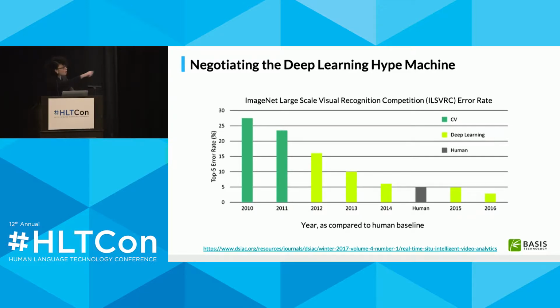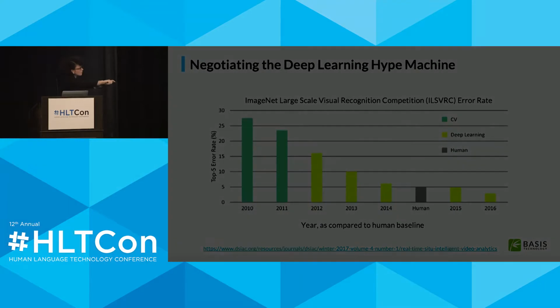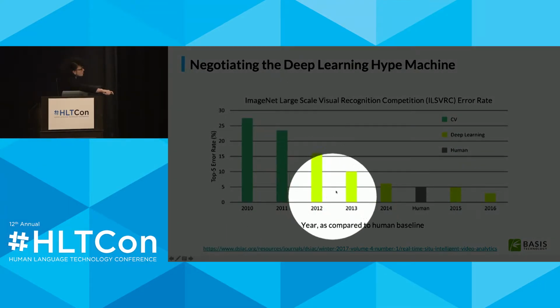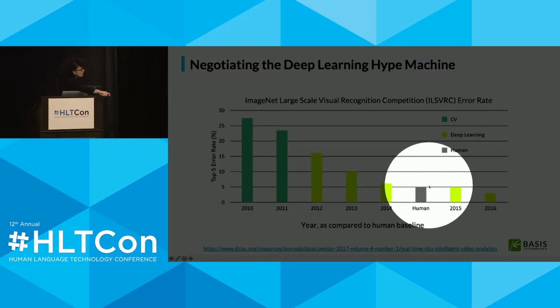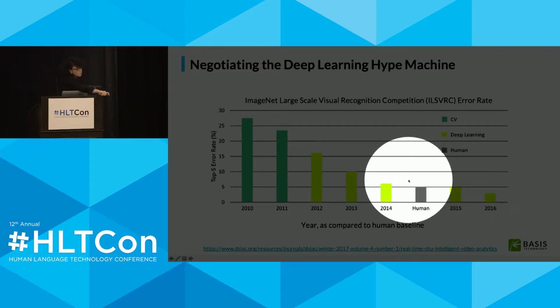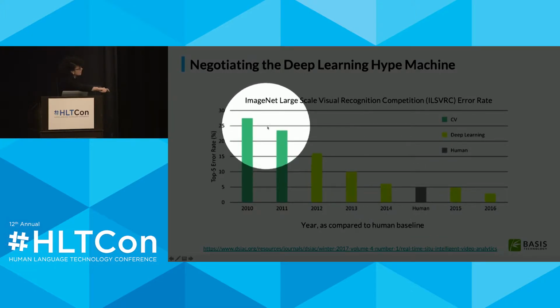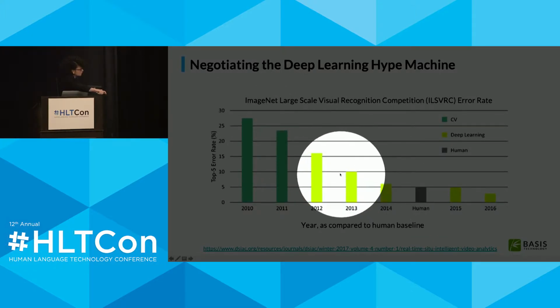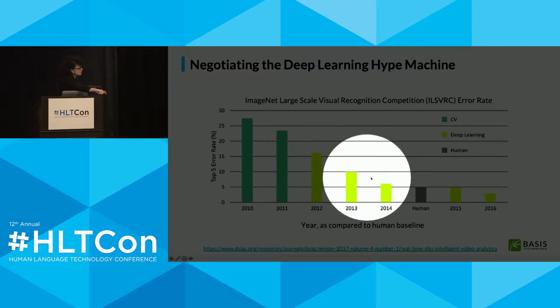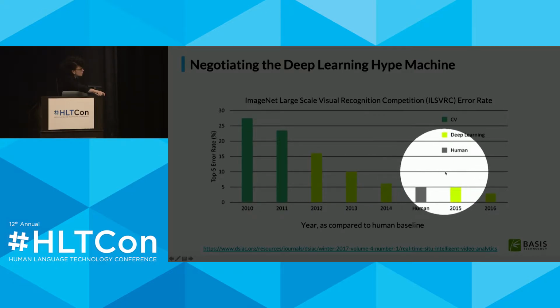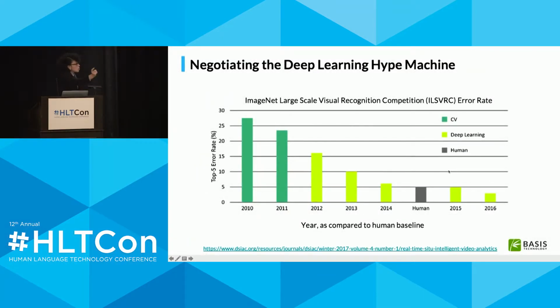And let's see, starting... Okay, so starting, actually first I'll mention that this is a really hard problem. This is how well humans perform on this task. And so for quite a long time you could see that the computers were not doing so well. But starting in 2012, the winning systems start to be deep learning based systems. And then starting in 2015, we see that they actually start beating the humans, which is really a huge accomplishment,